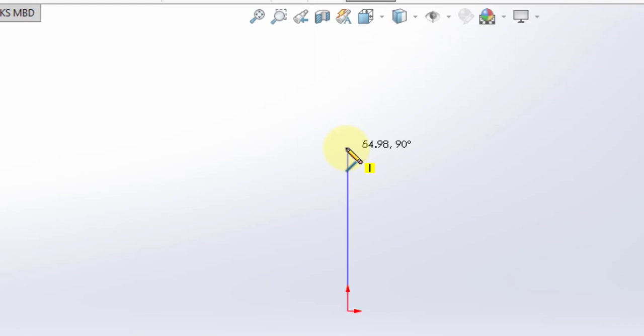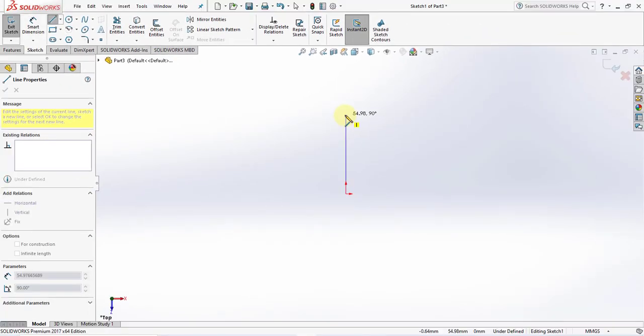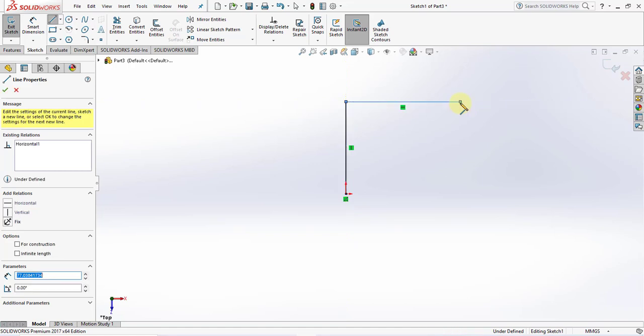If my line is not horizontal and it creates an angle, now it's creating the 90 degree. It means that we have an angle, and if we make the angle, it is 90 degrees. If I go ahead a little bit, the yellow dot will disappear. So go straight. It's a horizontal and vertical line. Click here and make a straight line. Again I'm going to make a straight line, click again.